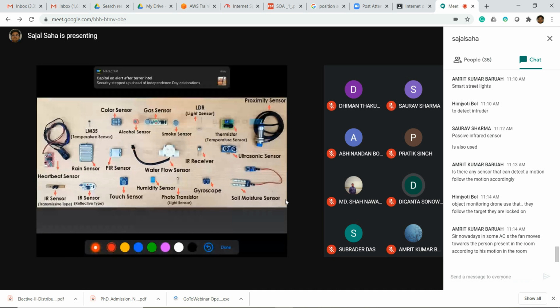In that case, what we can do is this. Of the sensors I have discussed, I am giving you another task. Right now I am writing it in the Google Classroom. You have to find a sensor that has not been discussed over here, and its application. Apart from this, what other sensors are there? You have to submit this assignment before the next class, with a description of what kind of sensor it is and how it works. I will write it in the Google Classroom.